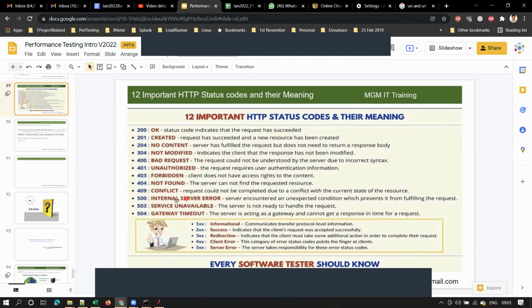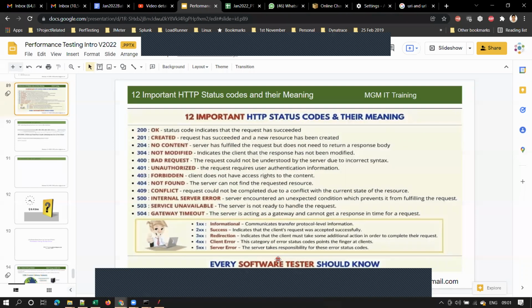And 500 internal server error. This is another important response code that you need to remember. And 503 service unavailable, 504 gateway timeout. These are very popular interview questions. When you see a 503 response code, what does that mean? The interviewer can ask, when I am trying to access an application, I am seeing a response code of 504, what does that mean? Or have you ever seen a 504 response code? What does it indicate? They may ask you like this, guys.